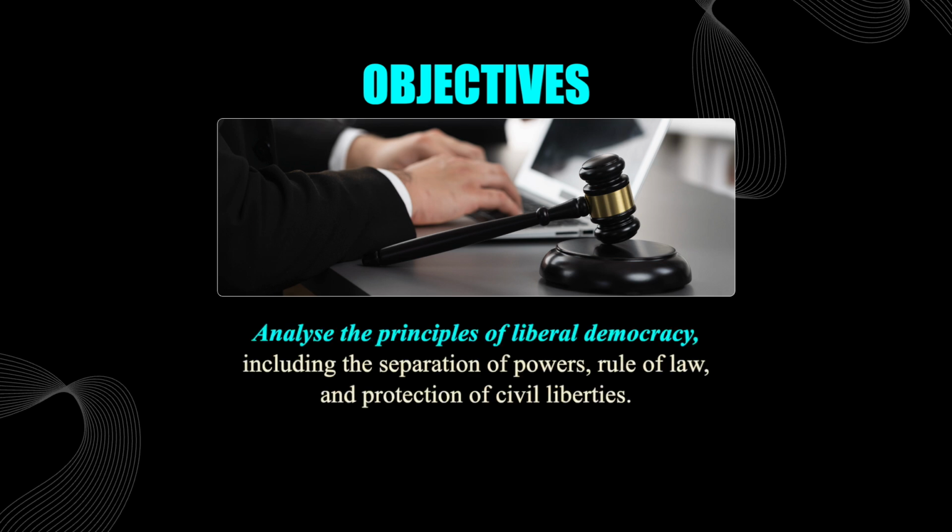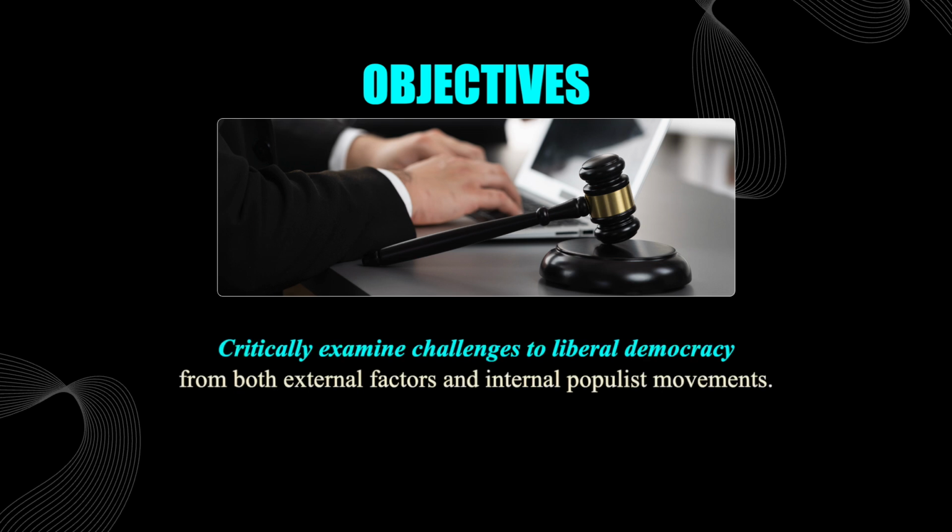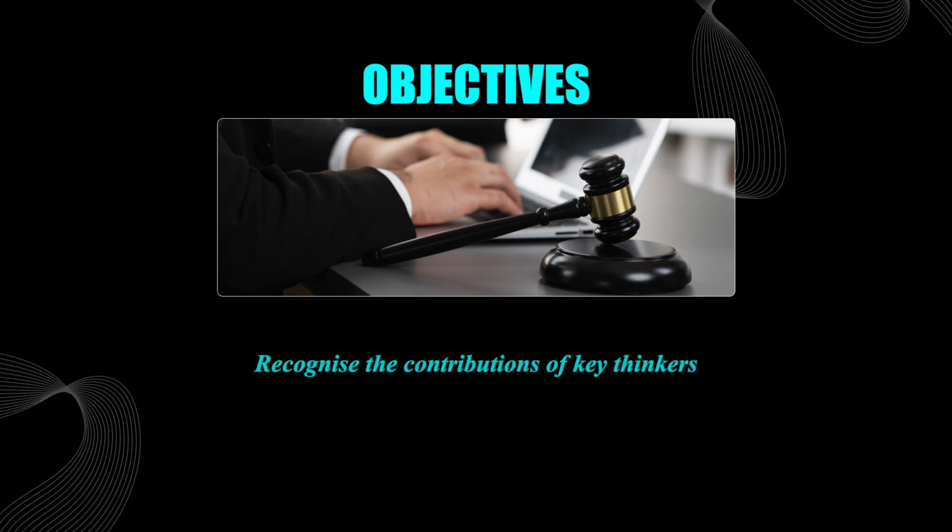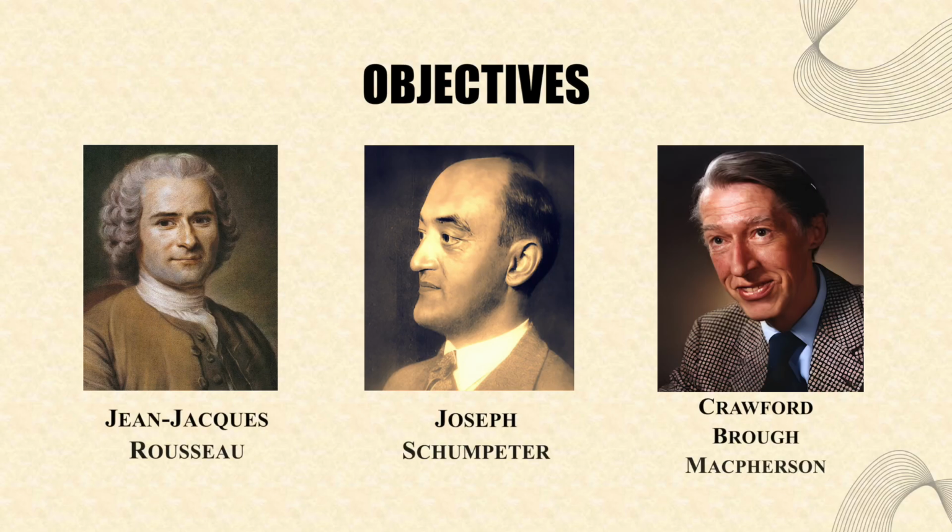Analyze the principles of liberal democracy, including the separation of powers, rule of law and protection of civil liberties. Critically examine the challenges to liberal democracy from both external factors and internal populist movements. Recognize the contribution of key thinkers such as Jean-Jacques Rousseau, Joseph Schumpeter and Crawford Brough Macpherson to